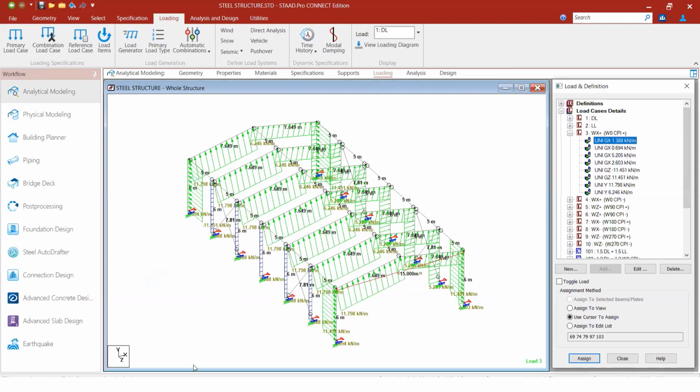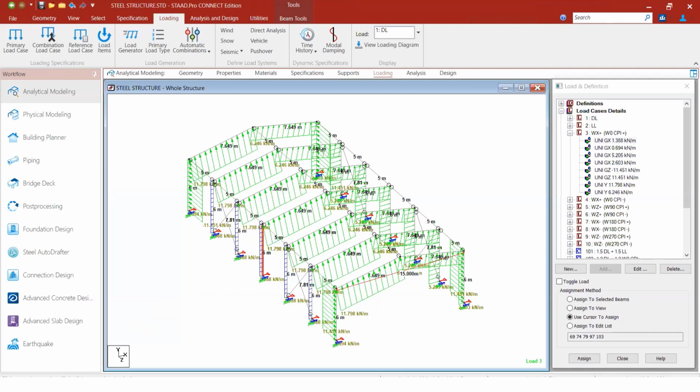Positive, if you see the value, it is positive. So you should apply in this direction. If the value is negative, then you have to apply it in the negative, opposite direction. You have to decide which direction to apply just from the sign. So this is positive direction. So we have positive value, so we have applied from here. If it is negative, then you should have applied from the other face of the column. Okay, got it?